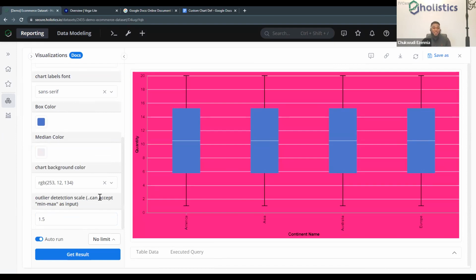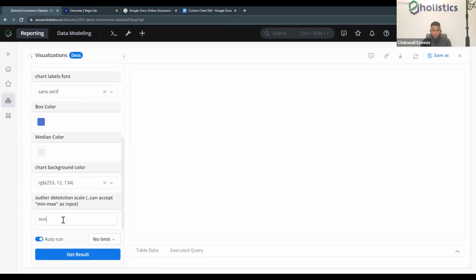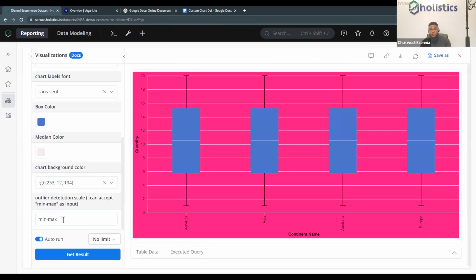Yeah, and then the outlier value, we can use either the 1.5 or, like I mentioned, we can input min max as an option. So you can probably set it to 1.3, 1.4. This is reserved for people who understand what they are trying to set in that particular aspect, right? And then we see this beautiful chart has been built for us, and I can easily save it.